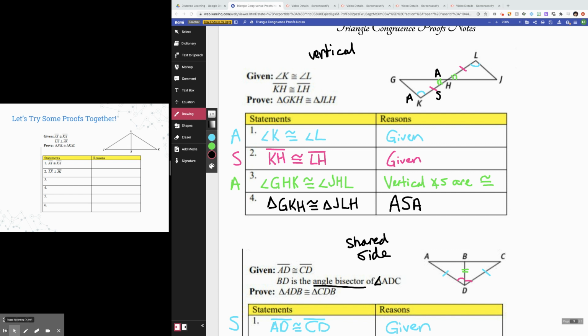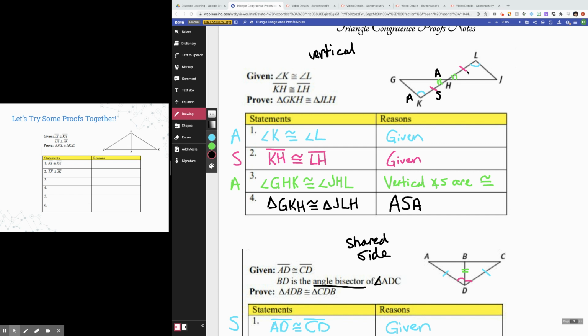Everything was basically given to you. So I started with my 2 givens. Angle K is congruent to angle L, and KH is congruent to LH. So the angles here are marked in blue, and then the sides were marked in red or pink. So I had one side and one angle, and I knew I needed one more thing, either another side or another angle. And in this diagram right here, I have